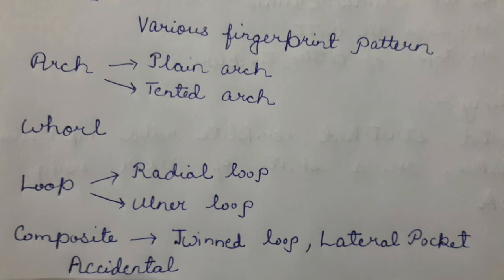Today we are going to discuss fingerprint types. So, what is a fingerprint? A fingerprint is the pattern formed by the friction ridges on the distal phalanges of the fingers. There are so many terms, so we have to understand them one by one so that we can understand what a fingerprint is.